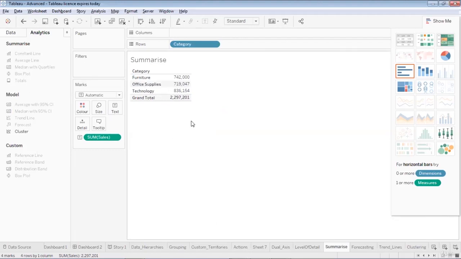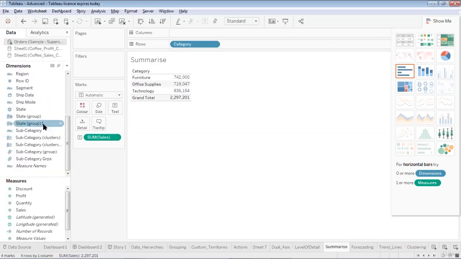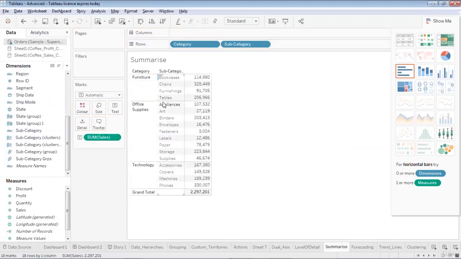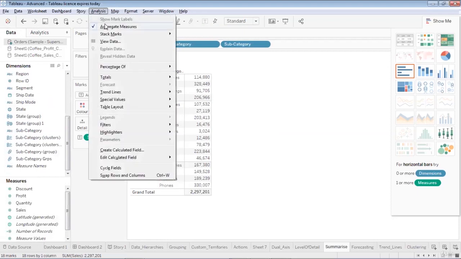Now, had you been willing to add a grand total corresponding to each row, you could have done that as well. Let's see how we can do that. So I'll place the subcategories over here. Now for each subcategory, now this is giving you the grand total. If you want to add totals corresponding to the subcategory, you can do that as well using the aggregation functions which are available. So in the analysis, I'll go, and in the aggregate measures or over here in the totals,